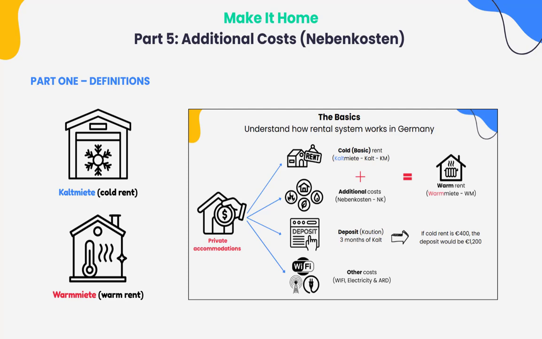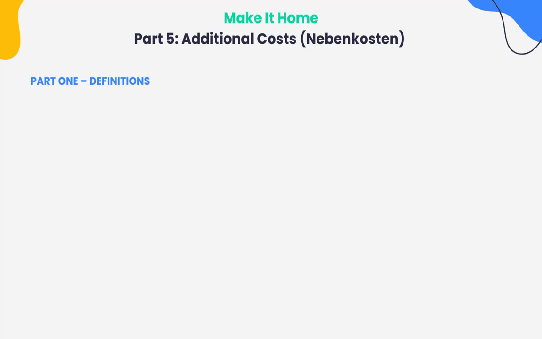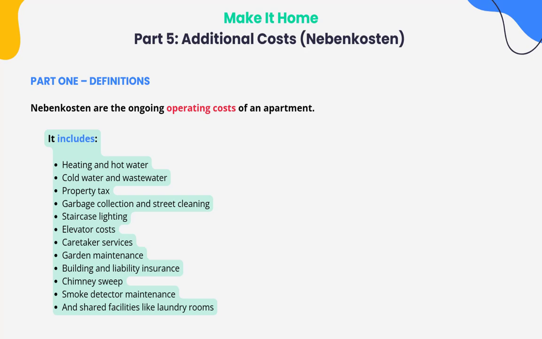Now let's talk about additional costs, or Nebenkosten. Nebenkosten are the ongoing operating costs of an apartment. They can legally include things like heating and hot water, cold water and wastewater, property tax, garbage collection and street cleaning, staircase lighting, elevator costs, caretaker services, garden maintenance, building and liability insurance, chimney sweep, smoke detector maintenance, and shared